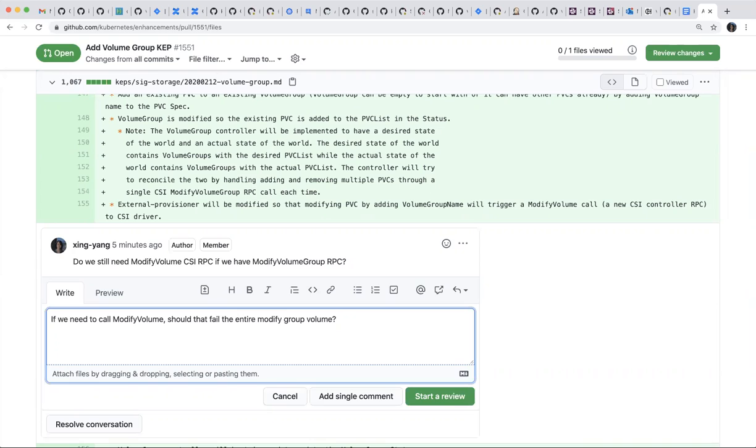So for an existing one, if it's an individual modify volume, then yes. However, I don't think you will get some error messages, but I'm saying if it's used by the pod, that part should still be usable. I don't see why that should be changed, right? So I think that part should not be affected. Okay, so also if one volume fails to be added, it should not affect